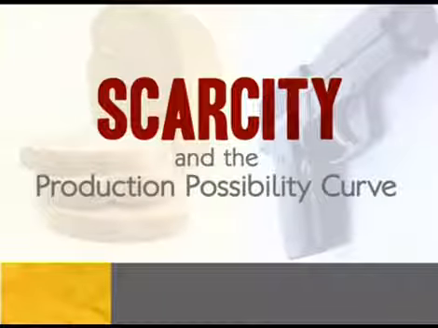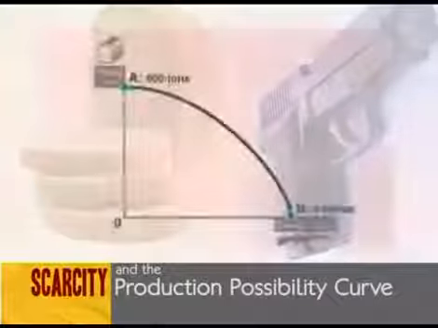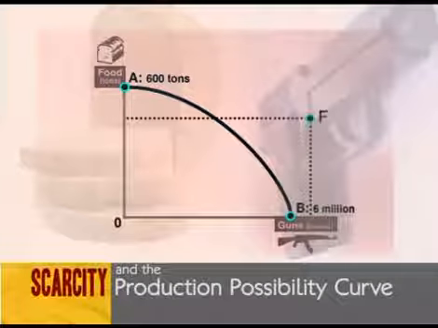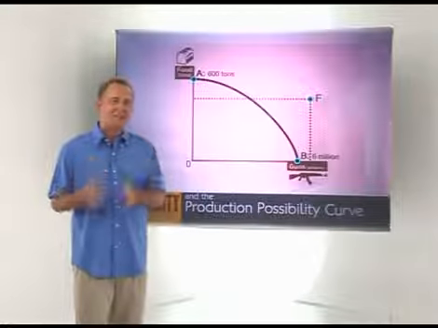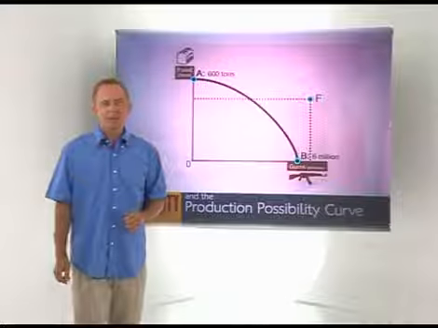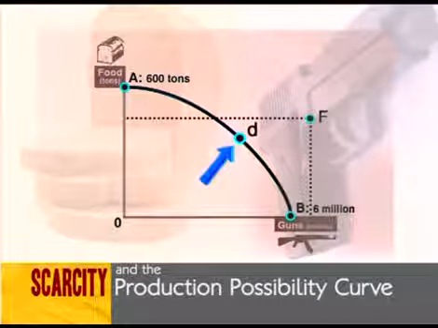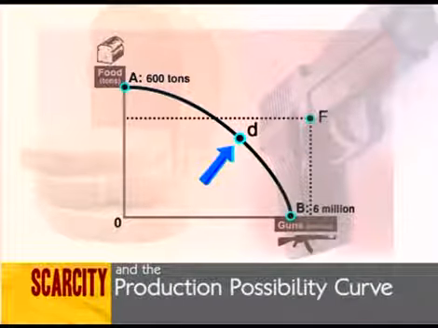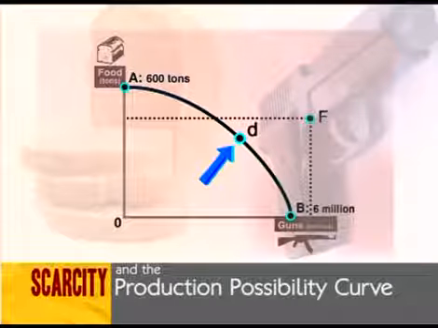The concept of scarcity can be illustrated by looking at a position such as point F. Point F lies outside the production possibility curve. Comparing it with point D, at F we could produce both more food and more guns than at D. It seems this would be a better point to be at, and we would certainly like to be at point